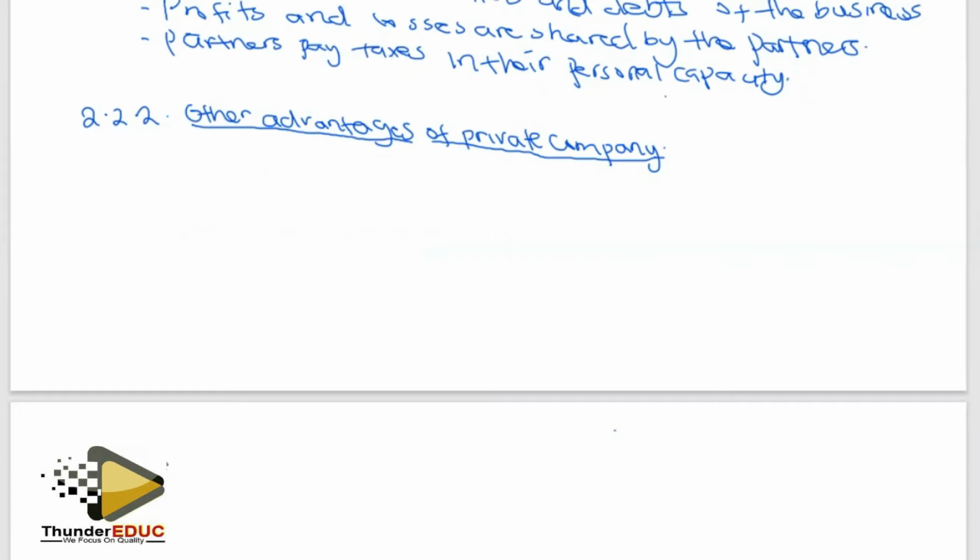No one is supposed to raise capital by inviting other shareholders. That is not like that. Under private companies, it's not necessary